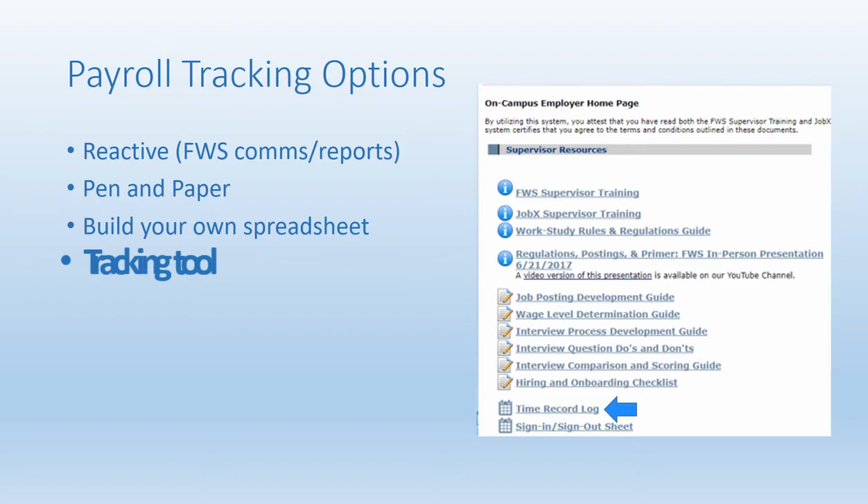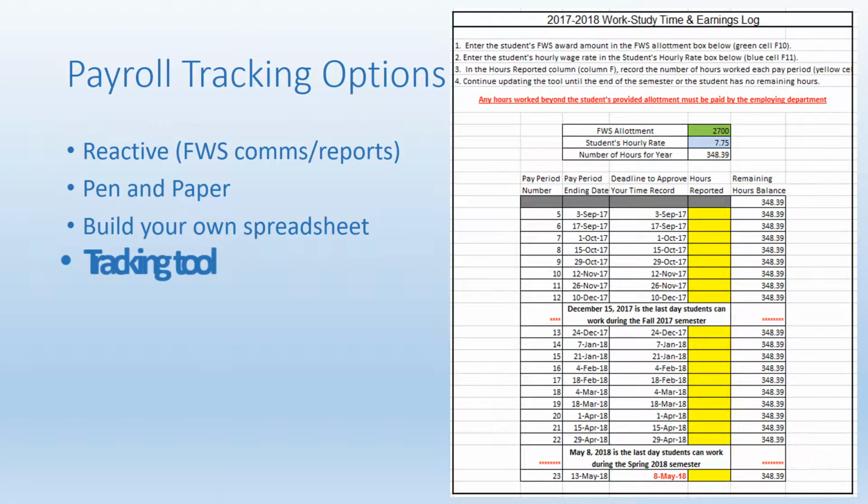This is the same page you go to log into your account, so it should be familiar with most of you. Just look on the bottom, the left-hand side, to find this handy-dandy workbook. As you can see in the example we have listed for you, you simply put the student's workstudy allotment at the top in green, their hourly rate in blue, and our system will calculate the exact number of hours they